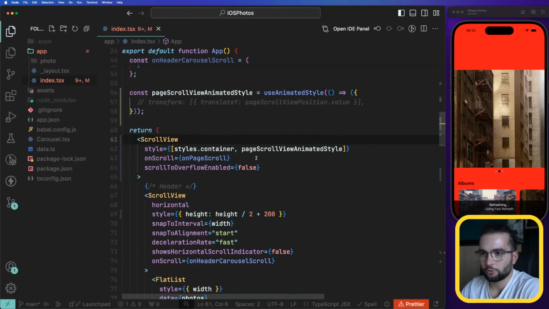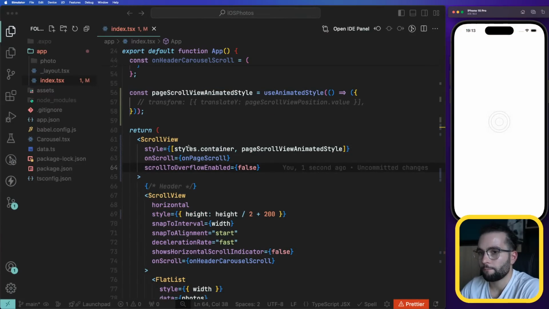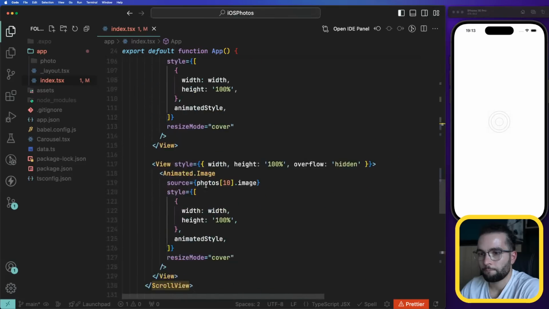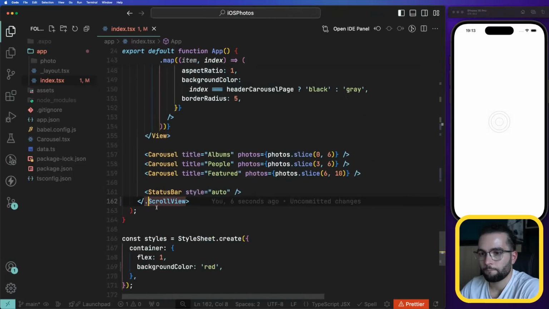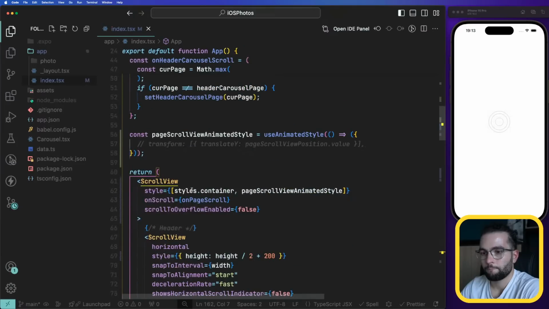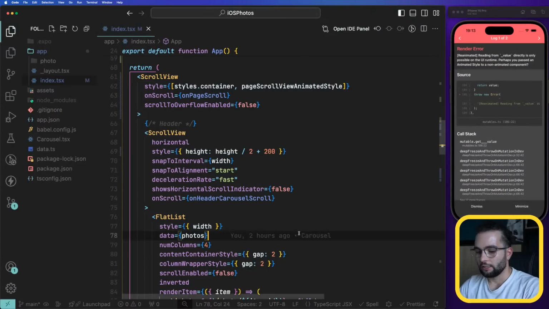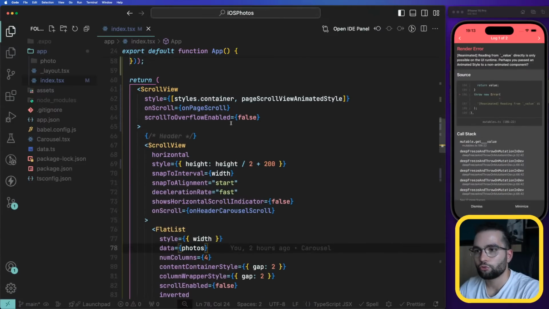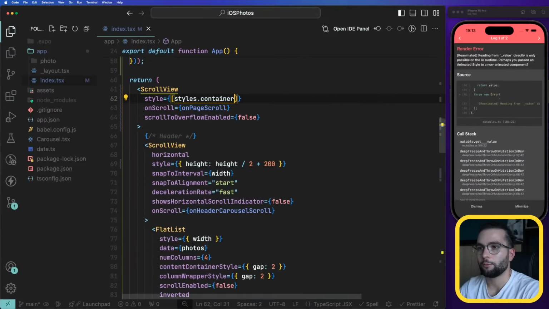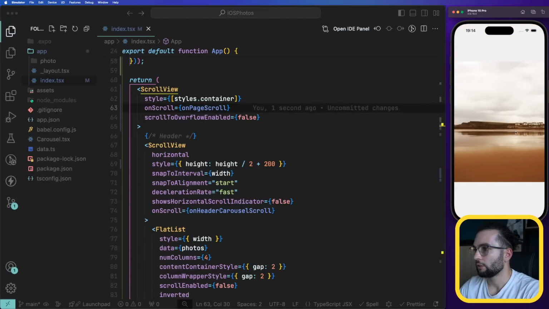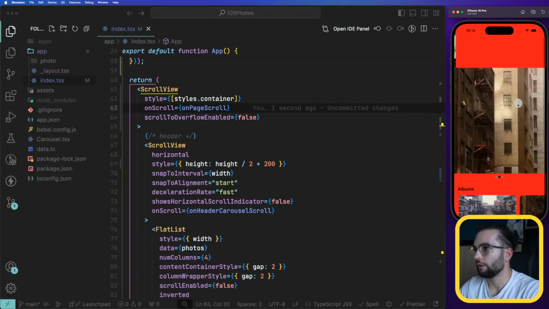Let me move back to a normal scroll view. Come on, come on, come on. I don't need the animated styles. So if I go here,